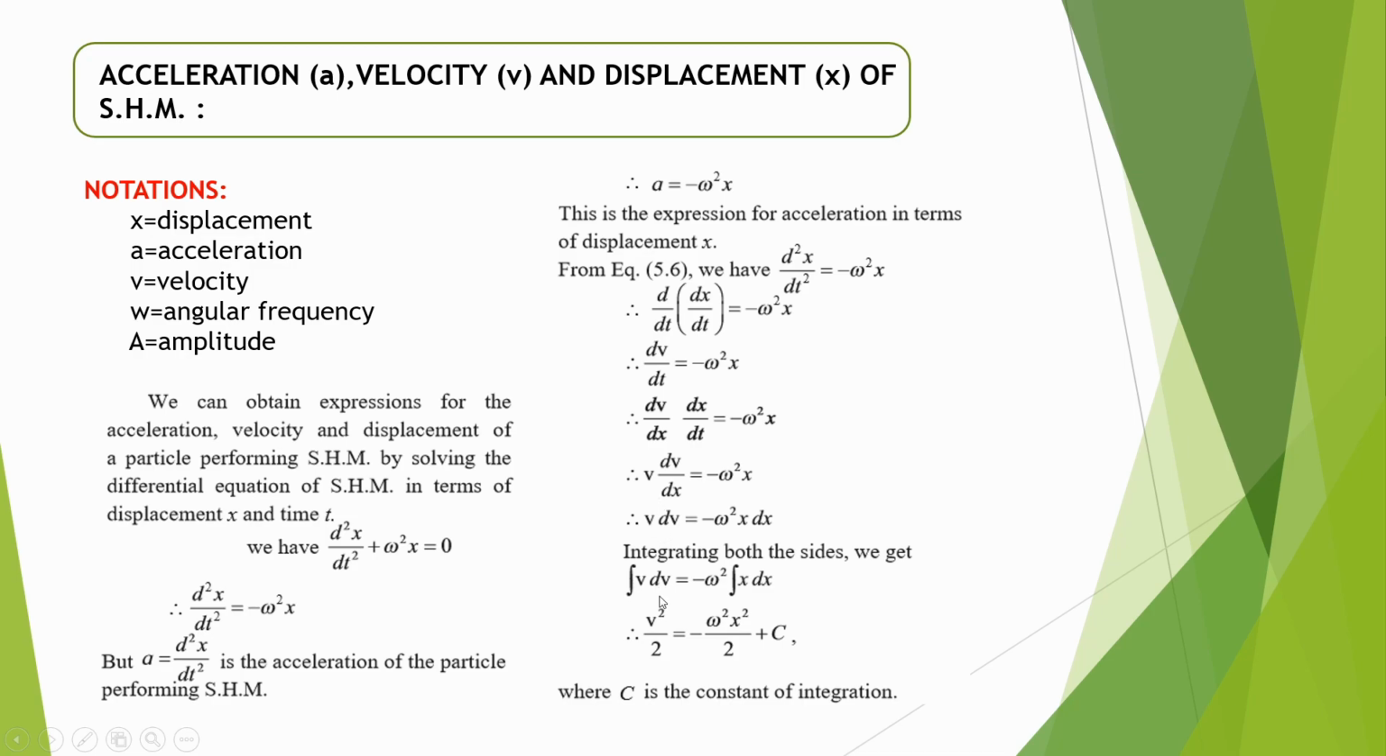So after that, the integration of v dv is v square by 2, equal to minus omega square, the integration of x dx is x square by 2 plus c. What is the c? So c is the constant of integration. Then next,